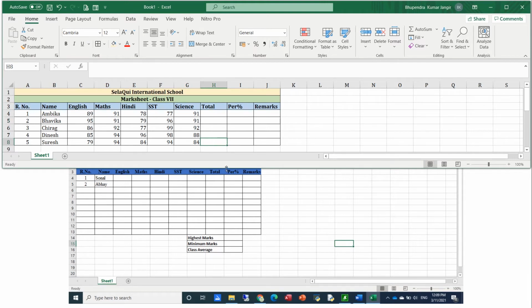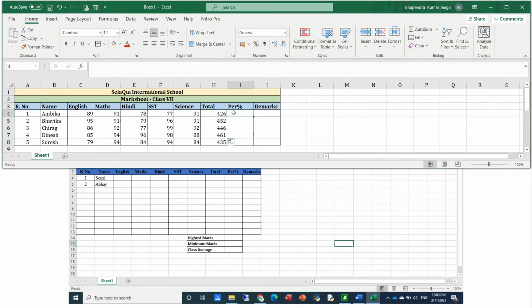Now first of all, how do we calculate the total? So I will left click on it and drag it to the right, and there is the auto sum formula. I can click on this, so it will automatically find the sum. We can see the formula written here like C4 to G4. Now I can hold it down, just like the symbol you can see changing. If I drag it down, all total marks will be calculated.